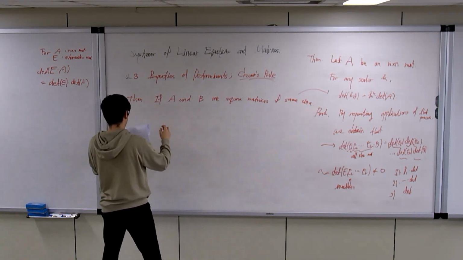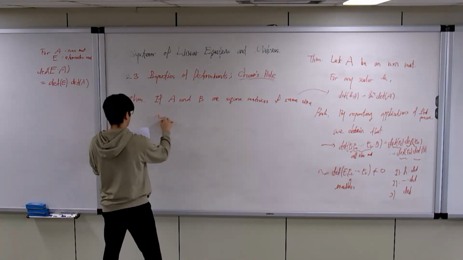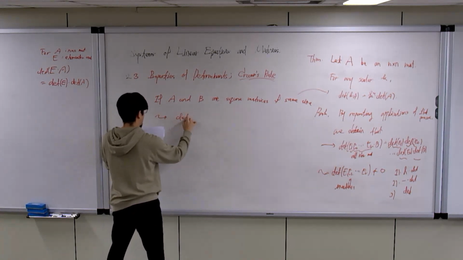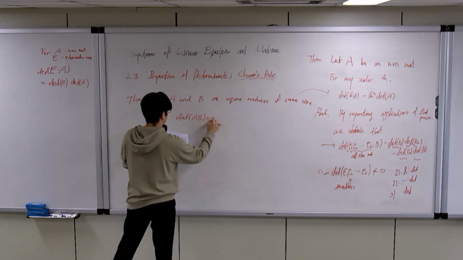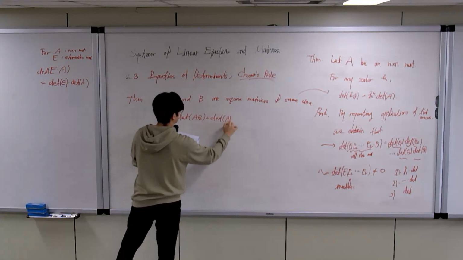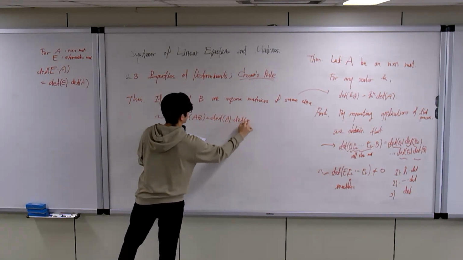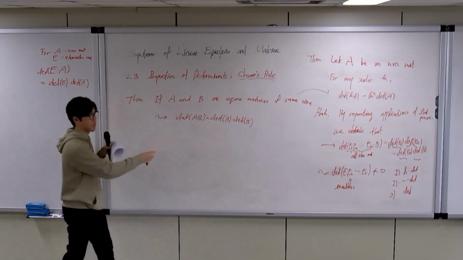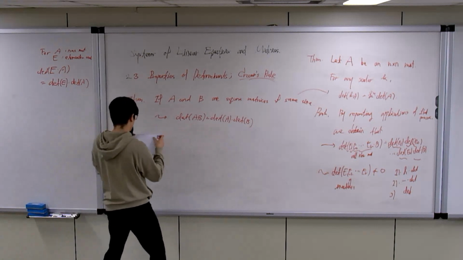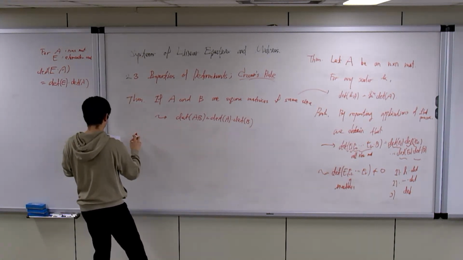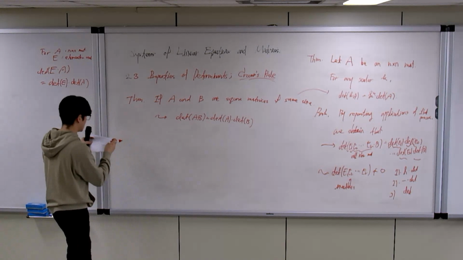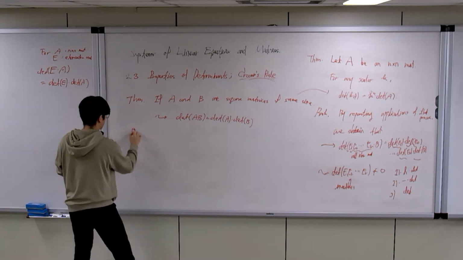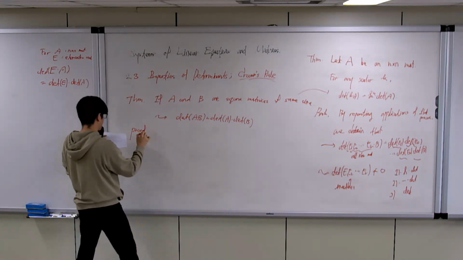Then the determinant of AB preserves the multiplication, as scalar multiplication and matrix multiplication. It is quite simple because